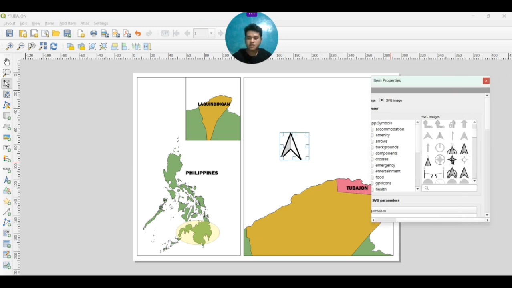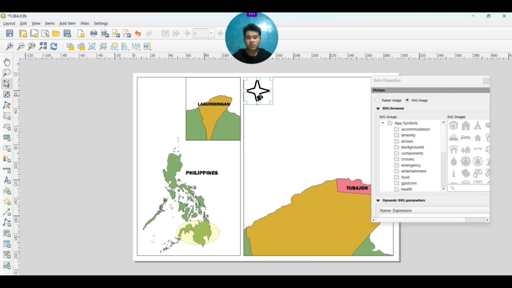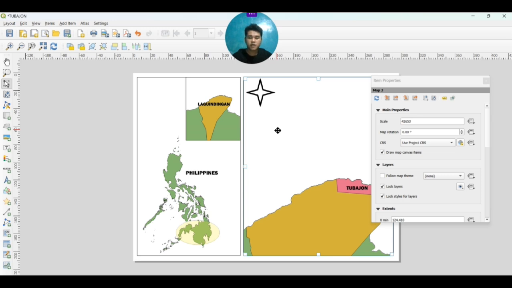In this case, I want this one. I click it and then adjust it to the upper part where I want to place it. The position and design of the maps depend on you. In my case, I wanted to place these signs on this part of the map.